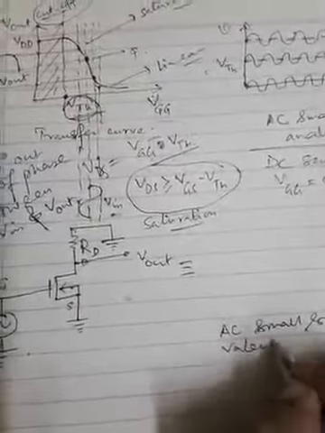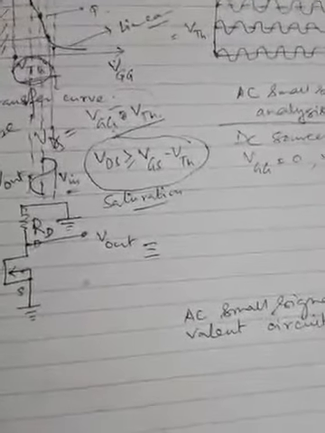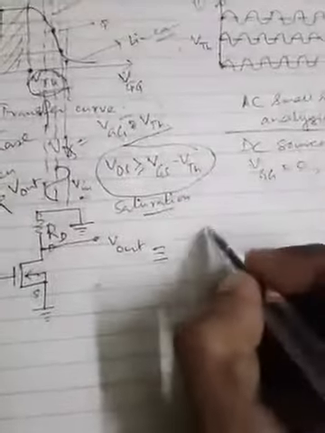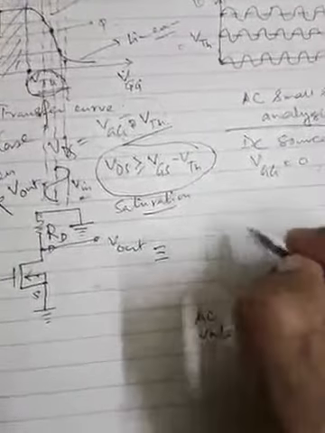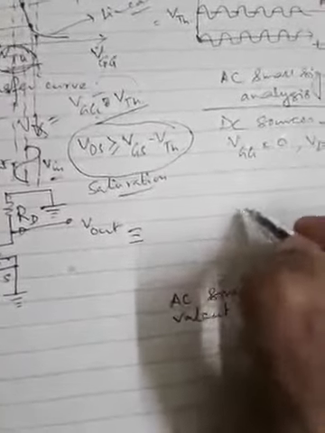Equivalent circuit that can be drawn. And how can that be drawn? This is something like, first let us represent the MOSFET. So you know the MOSFET is the input